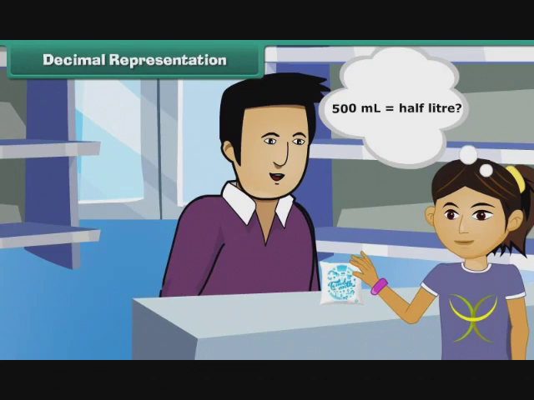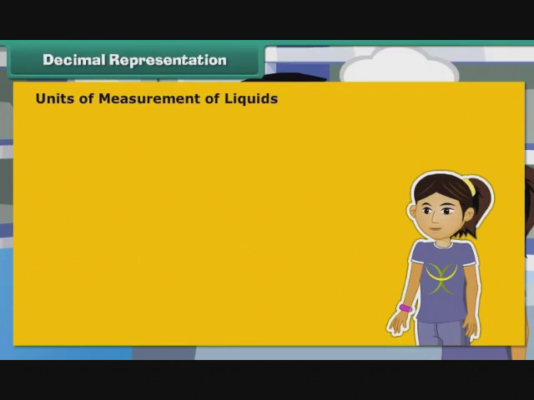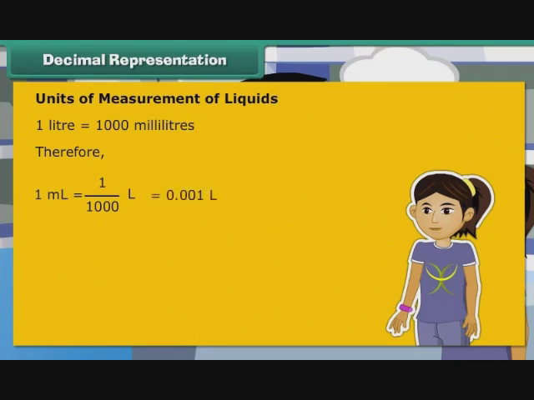To be able to answer this question, we must first understand the units used to measure liquids. Take a look. 1 liter is equal to 1000 milliliters. Therefore, 1 ml is equal to 1 by 1000 liter. That is equal to 0.001 liter. 1 kiloliter is equal to 1000 liters. Therefore, 1 liter is equal to 1 by 1000 kiloliter. That is equal to 0.001